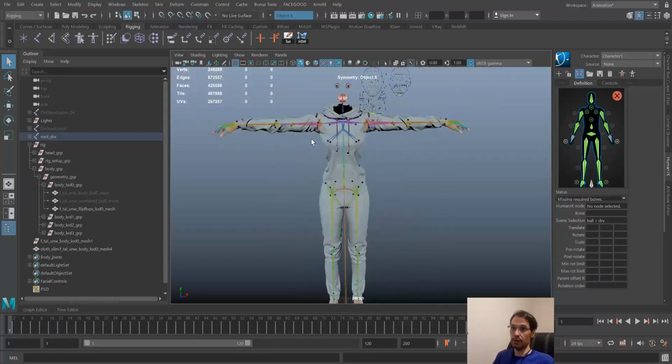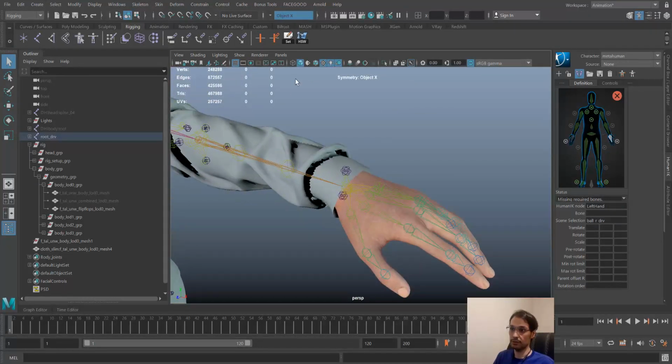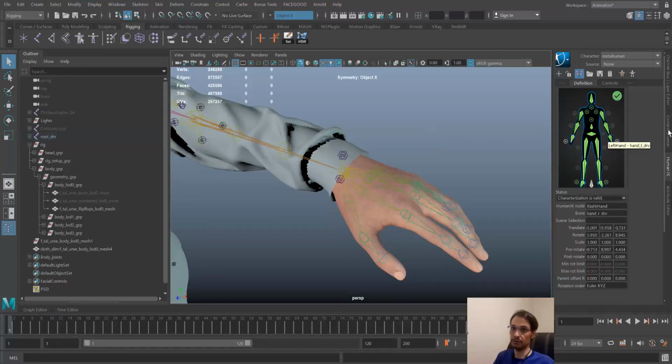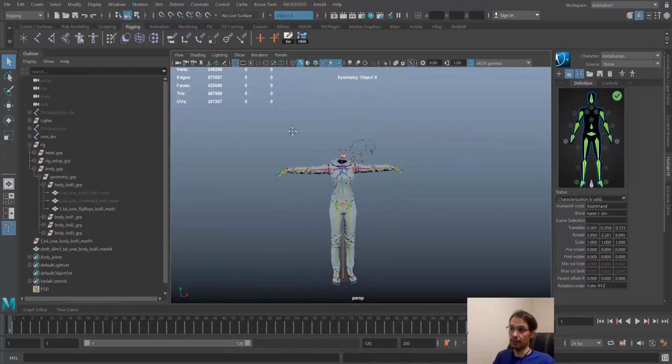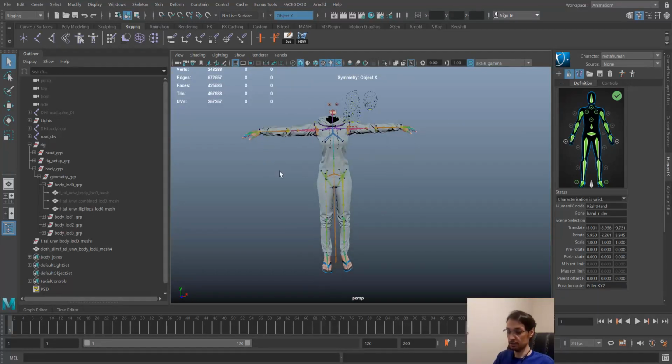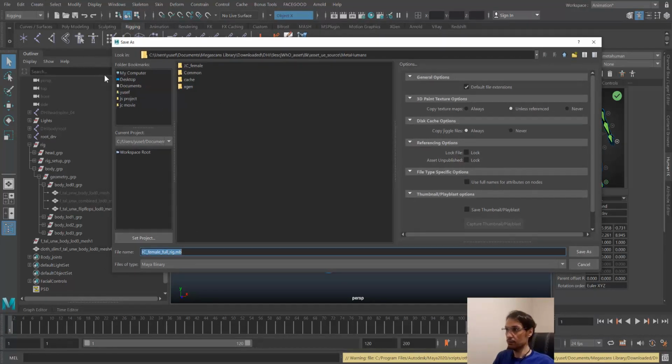Now I can rename the character like Metahuman and lock it. Ah, I forgot to define the hand, and now everything is green and validation is okay. I can lock it. And now let's save it in case we lose it by crashing, and I'm calling it